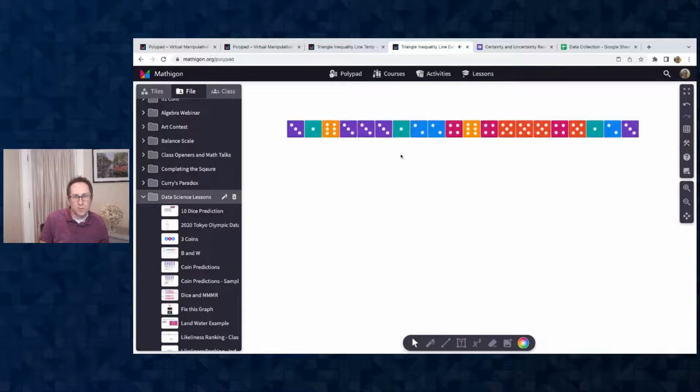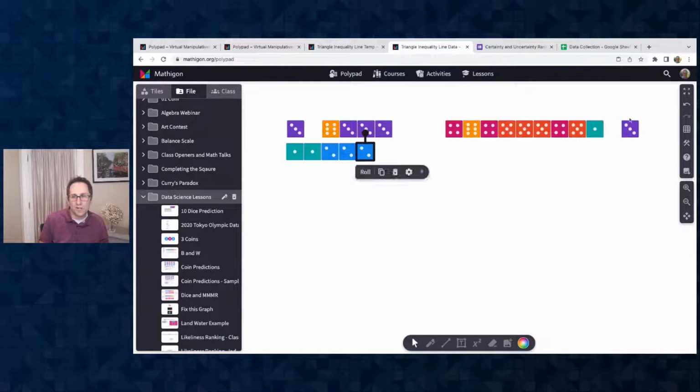I'll put them in order. Bear with me as I put them in order. 1, 1, couple 2s. Looks like I got a lot of 3s here. 2. Oh, I missed a 1, which is easy to fix. I can just put it right here. There's 3s, 3s,